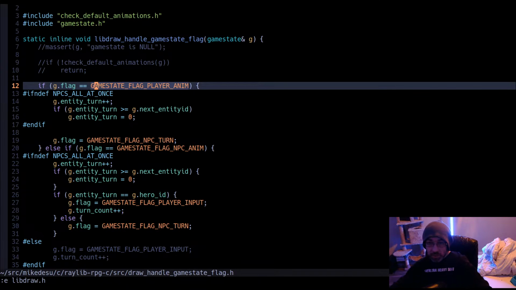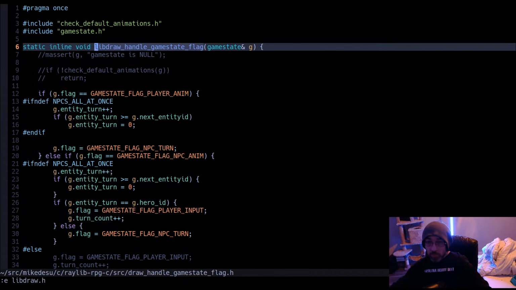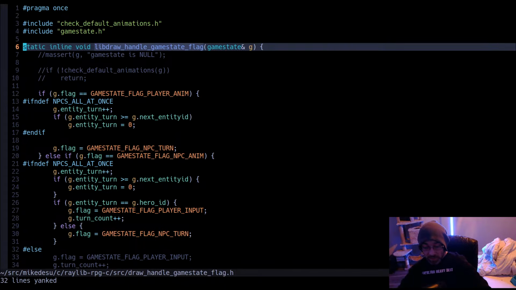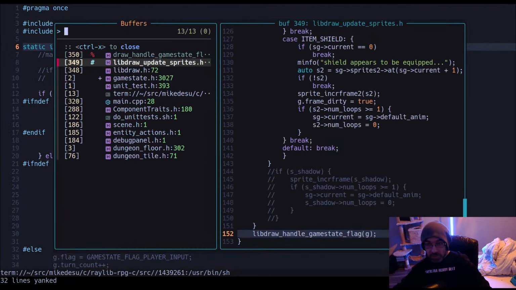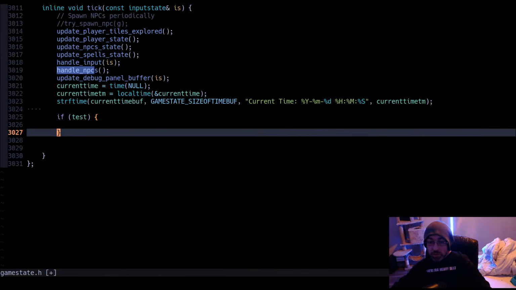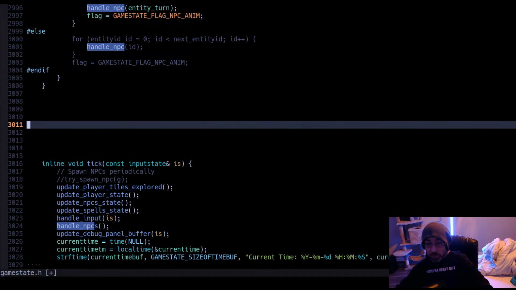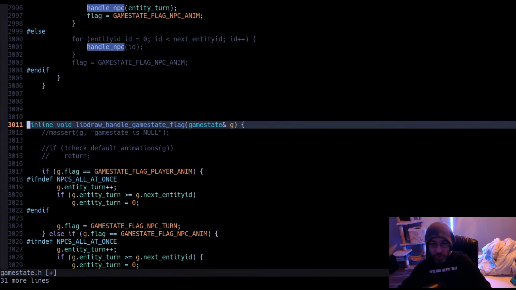So realistically, this could be something that ends up being removed entirely and put straight up into game state, since all it takes is a game state as a reference. In fact, we'll prepare for that time by doing it right now.